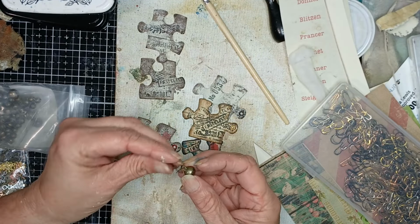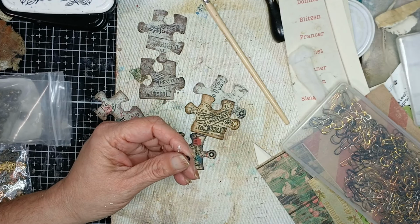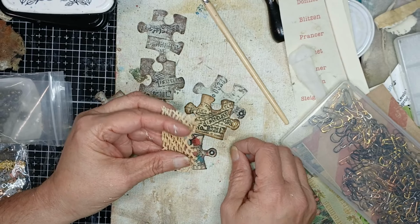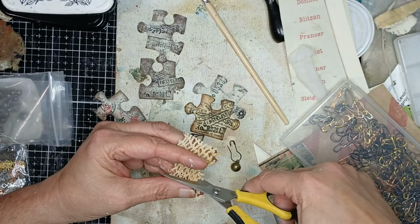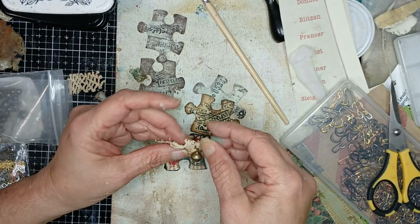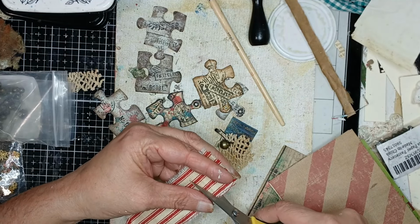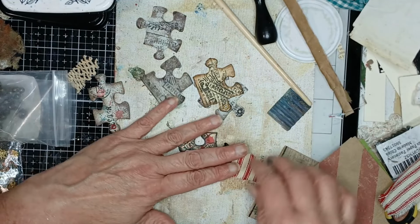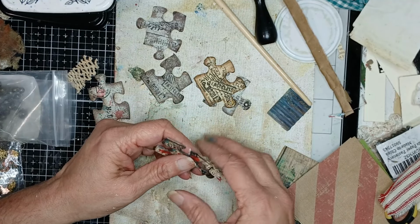Let's put a little bell and what else we got here? Maybe a little piece of this tea-dyed doily. Ooh, you know what else we need? We could use a little piece of this. Not what I was looking for. I was looking for one of the muslin words that I print, and I did not find that. But